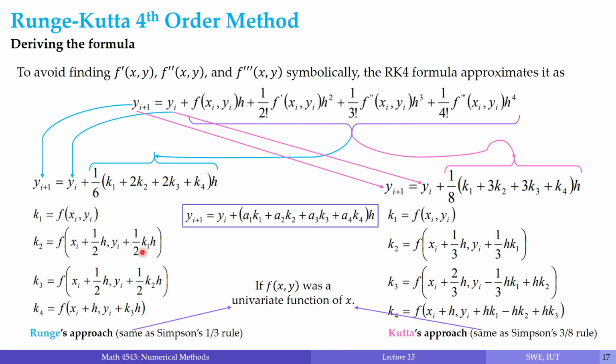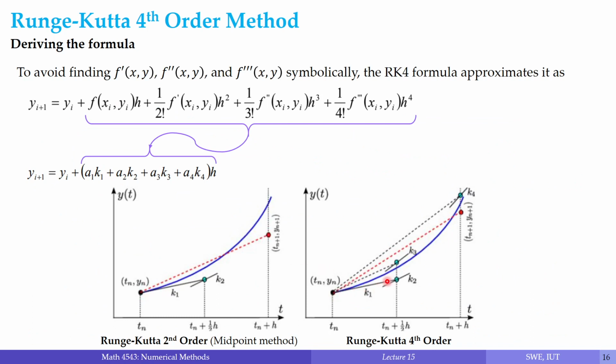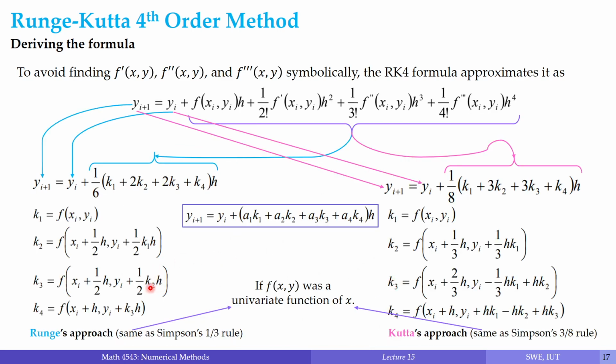So in the case of K2, we use the value of K1. Of course, the slope K1 is lesser than the slope K2 over here, right? In this particular example that we have used for visualizing, the straight line that has the slope K1 is a little bit bent downwards, right? And the straight line that has the slope K2 is a bit upright compared to the first straight line. So of course, if I multiply the value of K2 with h and half and add it with yi,